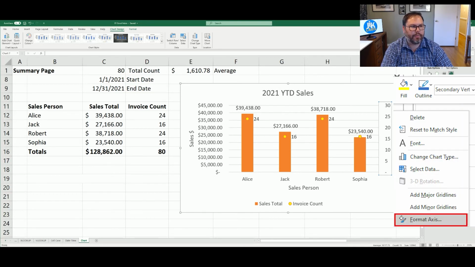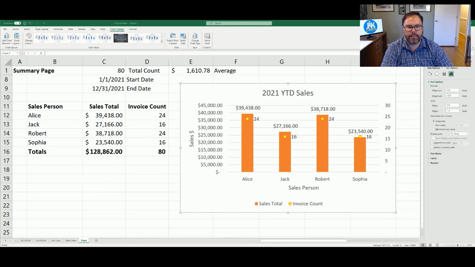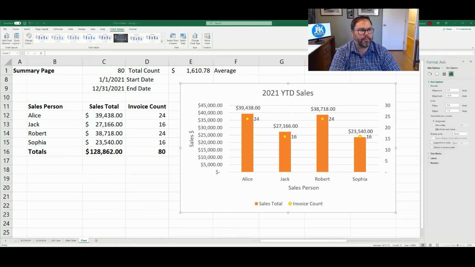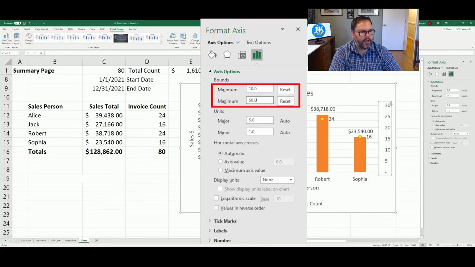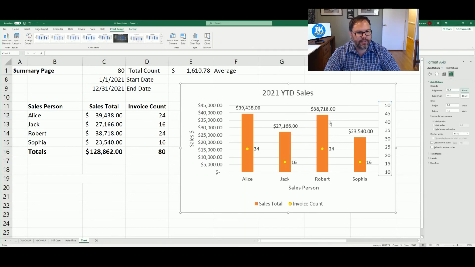And that's going to bring up on the right hand side, which I think my head is covering, so we're going to move me back. And then you can set, right here, we're looking at the secondary axis. Well, we could say we want to set that to 50, and we want a minimum of 10. And as we're changing these, we can see that these dots now are a lot lower